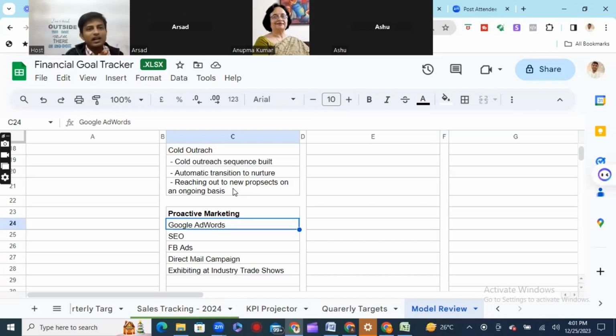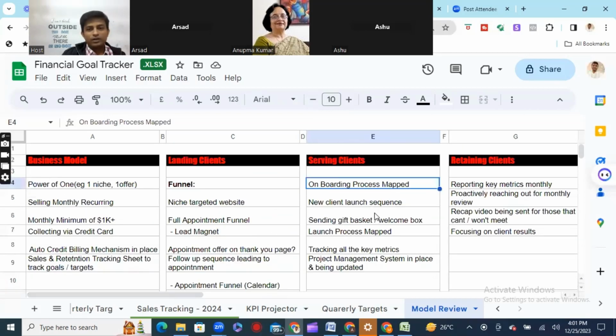Okay, so first you start with organic, you do the testing for yourself: is it working or not, am I getting the conversions or not. If you feel that it is getting conversions, then you can upscale it. It is like putting gasoline on fire. First of all you have to light a fire, then you can put gasoline and it will blow up. Okay, so that's the way you should think.